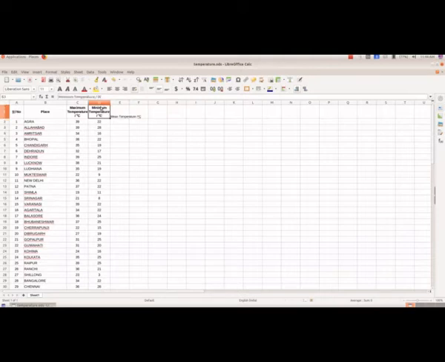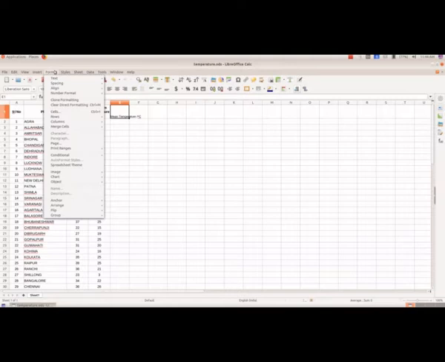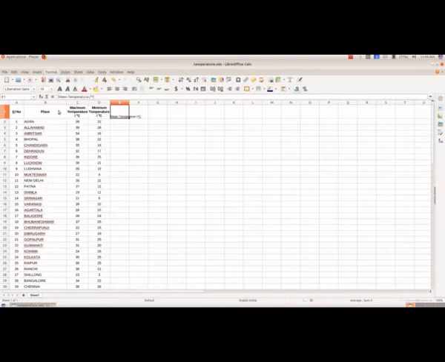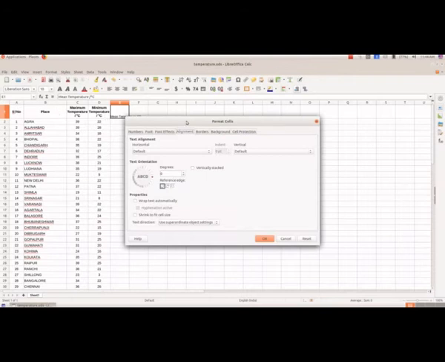We want to get it like this in 3 different lines. So we have to select this, and then from Format we have to select Cells. From there we have to select Alignment, and here under Properties we have Wrap text automatically.